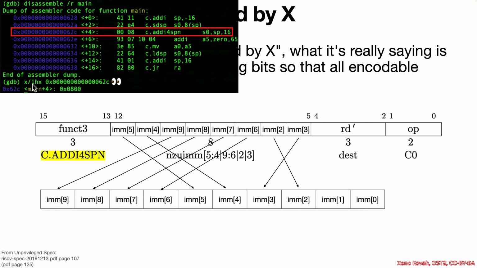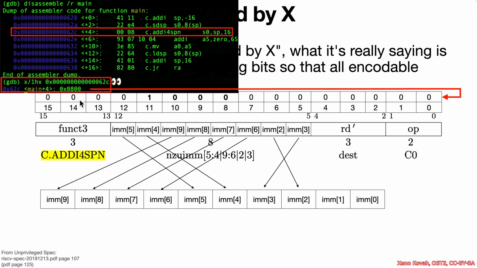So we display memory as one half-word, a 16-bit value, specified in hexadecimal format. If we do that, we get a 16-bit value where the most significant byte is 08 and the least significant byte is 00. So there's no ambiguity there. It's always sort of big endian order once you see a value like this. All right, so go ahead and fill in that